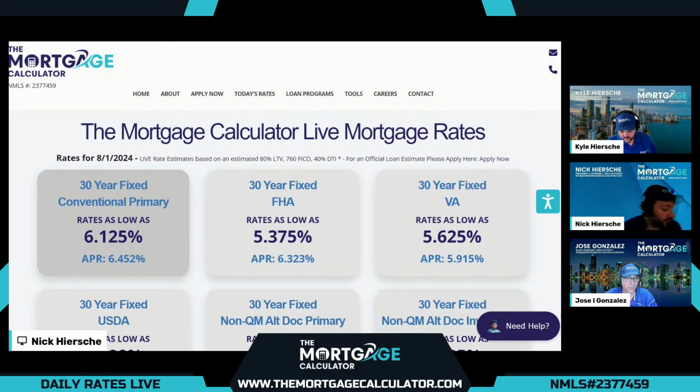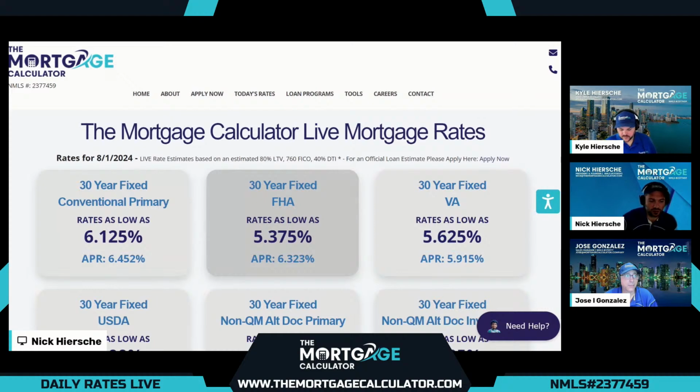Now, if for any reason our customer doesn't qualify for a standard conventional loan, the next option we typically want to compare is an FHA option, which allows more leniency on credit issues, as well as a much higher debt-to-income ratio overall. But it does require upfront and yearly mortgage insurance. Rates come in today at 5.375, lower than yesterday. Final APR, 6.323. So if our customer qualifies for both here, they may want to check out FHA if they're willing to do that yearly mortgage insurance. And our customers that need to use FHA, definitely very comparable here to conventional, so good option.